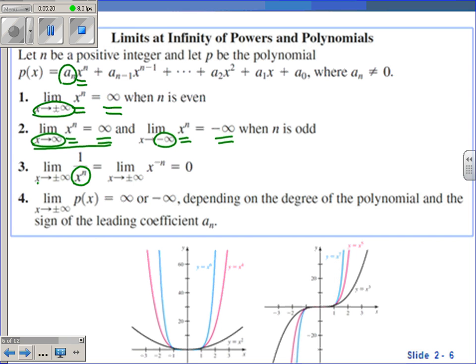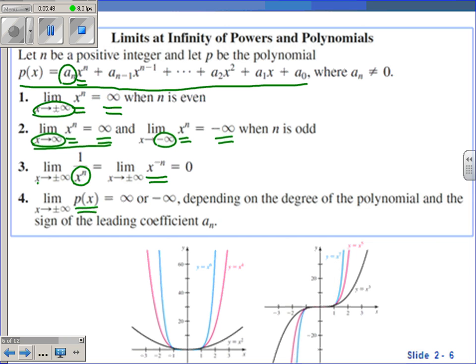So writing it as 1 over x to the n where n is positive, or you can rewrite it this way where x is to a minus n power. Either case, if x gets larger and larger, that limit's going to go to 0. Okay, so now what this tells us is that if we're looking for a limit of a polynomial, so anything that's of this form up here where it's just sums of powers of x's with coefficients,